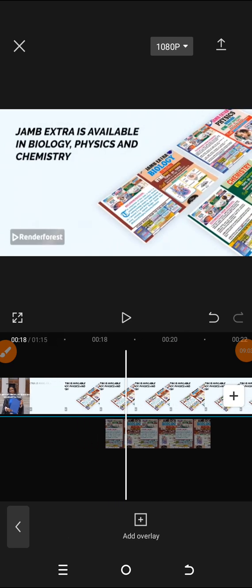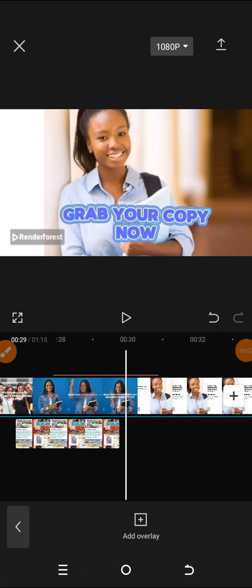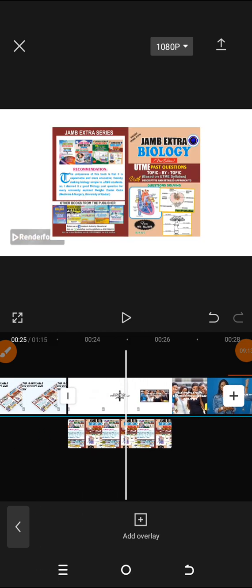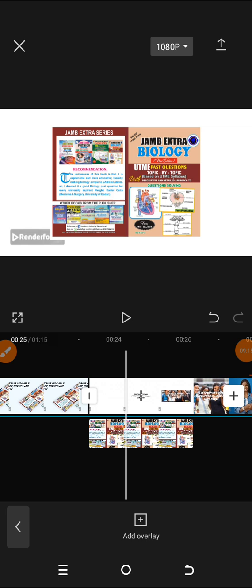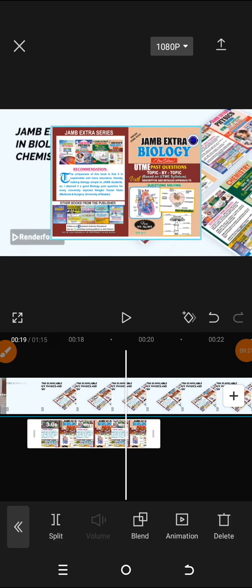So wherever you want the overlay to appear, you can move it to this place and it will be showing here. So it is not permanent on any part of the video. Wherever you move it, it will go to that place. So look at this overlay now. You can stretch it